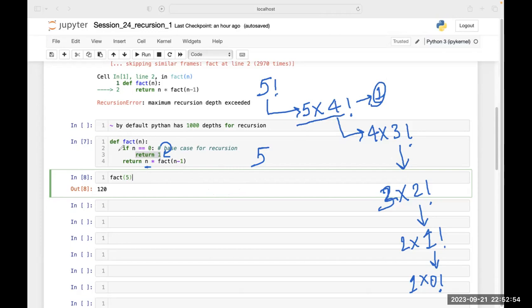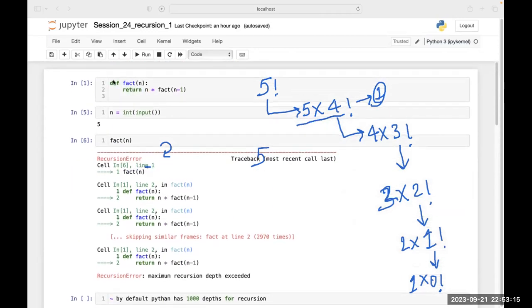Okay, just forget it, I will explain you later. Tell me, are you able to understand this or not? No, I'm not able to understand. Okay. Do you understand this first step? Yes. Okay.